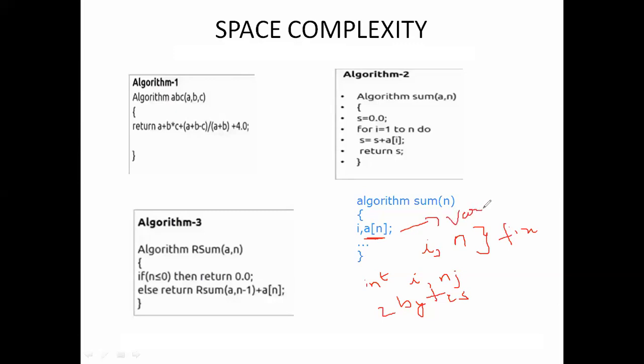Why do we call it a variable part? Because I am taking int a of n. So I am taking this array as int, so it will provide 2 bytes of memory into n, that is n into 2 bytes. If the n value is 10, it will provide 20 bytes. So the memory size will increase depending upon the n value, so we call it the variable part. Does everybody understand what the fixed part and the variable part are? If anybody has any doubt, please write a message in the chat box.